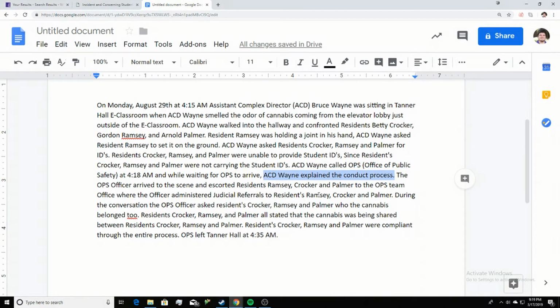It shows that you're really trying to explain to them, hey, after this situation, you'll probably receive an email from a head staff member or from somewhere stating that they got a report through Maxient and that there's some sort of meeting involved, something of that nature. So make sure during the situation that you try to remember to give them that information as you move forward. The OPS officer arrived to the scene and escorted residents Ramsay, Crocker, and Palmer to the OPS team office,